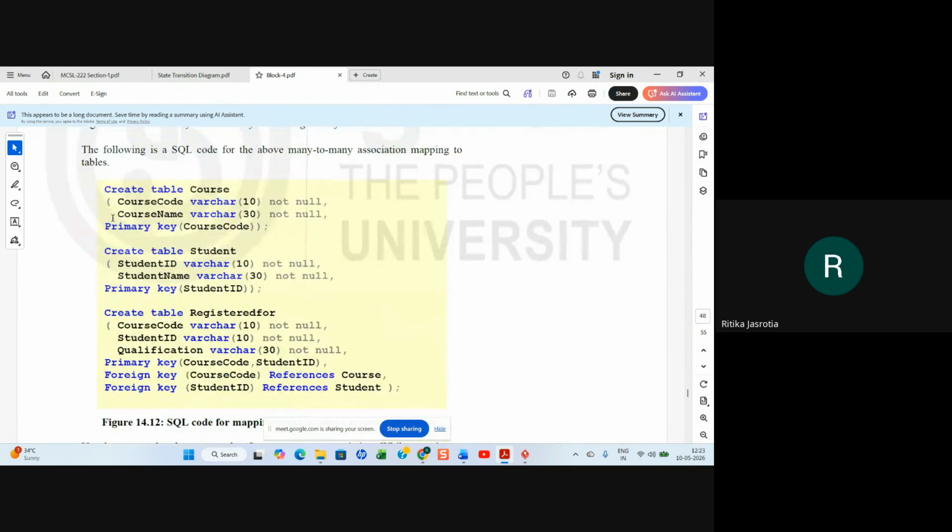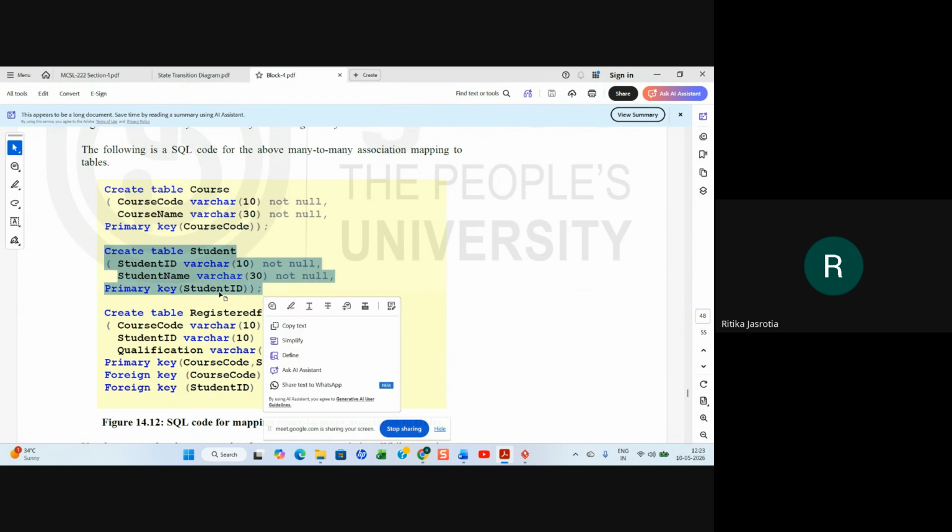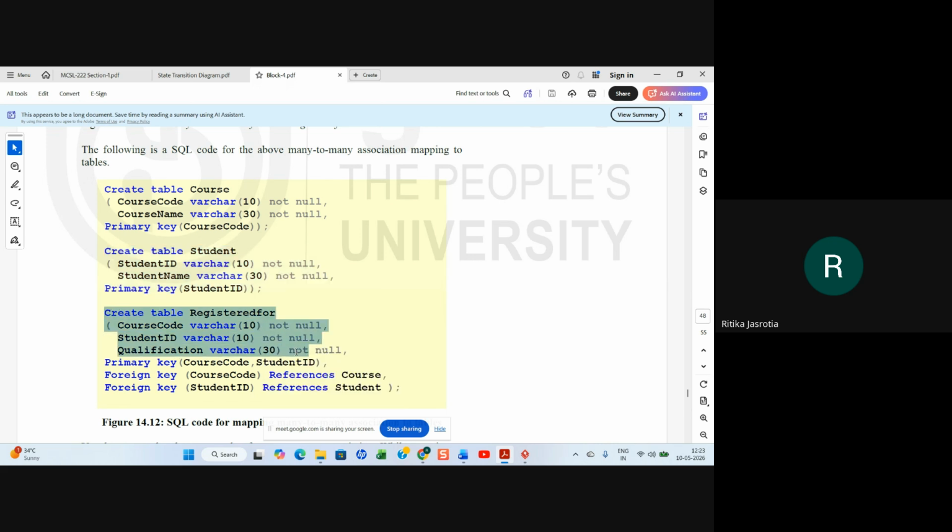So you are making a post table where the primary key is postcode. You are making a student table where student ID is the primary key, and you are making a registered for table where postcode and post ID are the primary keys, and they are also the foreign keys referring to the course and student tables. Can you understand that? Yes, ma'am. This is how you will do that question.